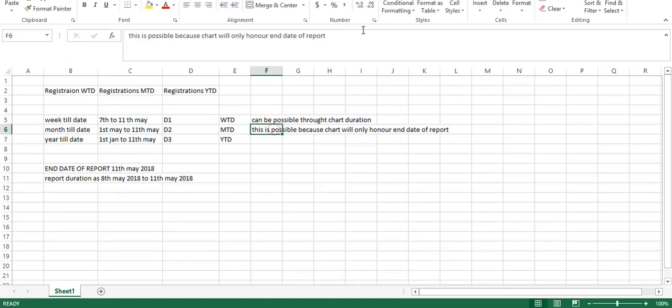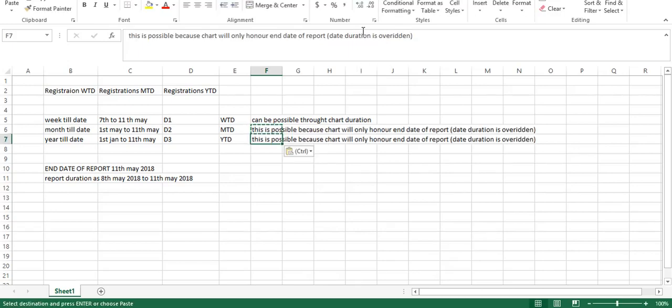So kind of overriding happens. So date duration is overridden. Same goes for vital date. This will be more clear when I am actually making the report. So the thing is, I'll write it here: